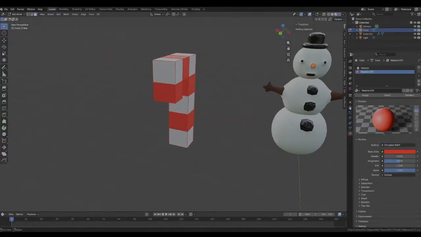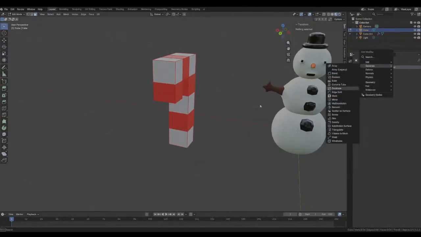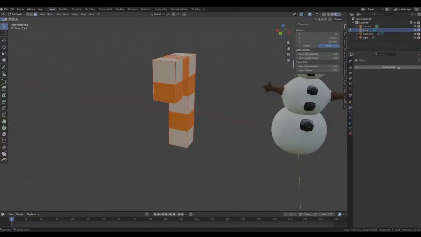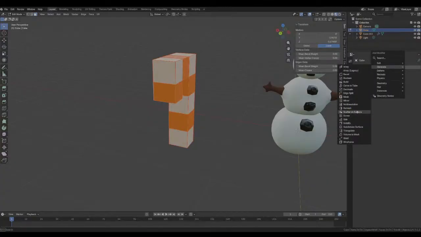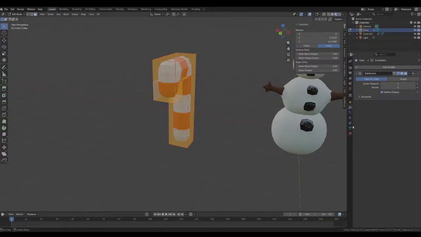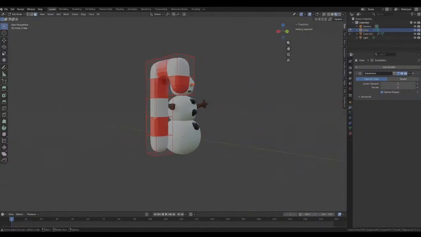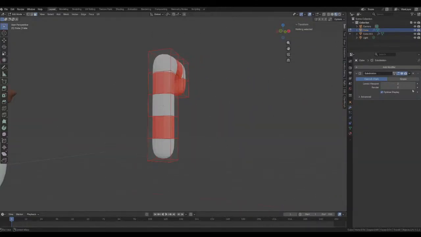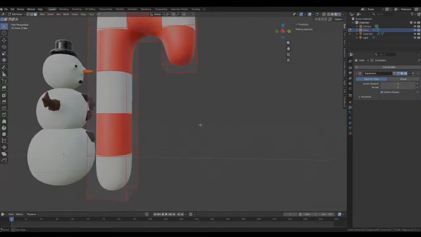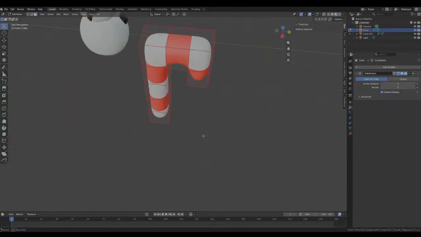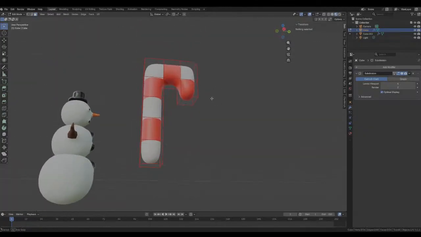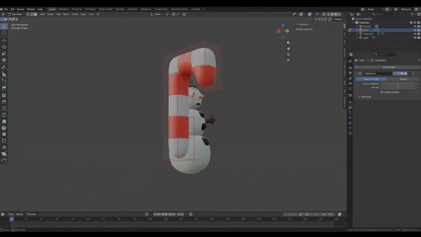But let me see what the thing looks like for that. How's that look? It looks really boxy.